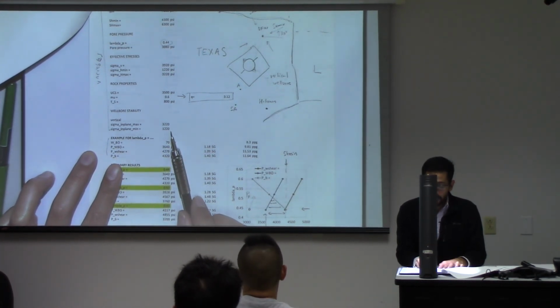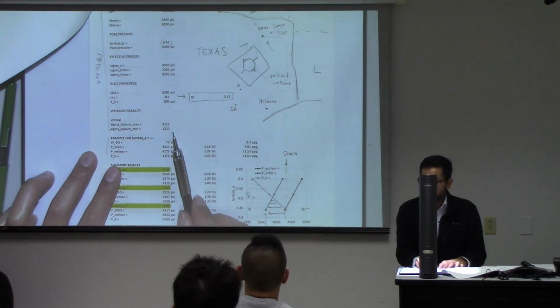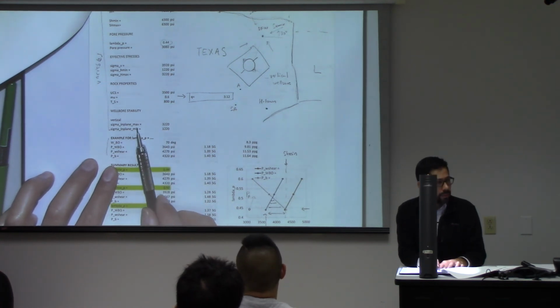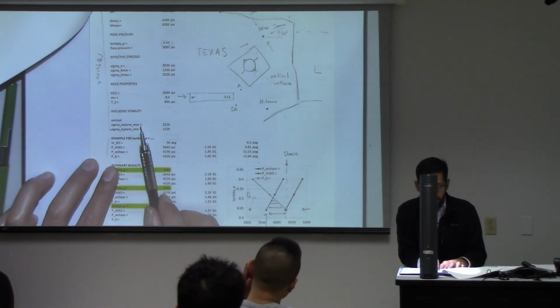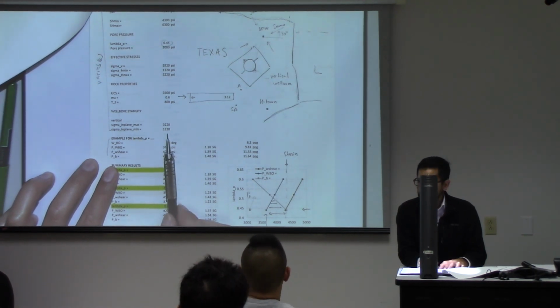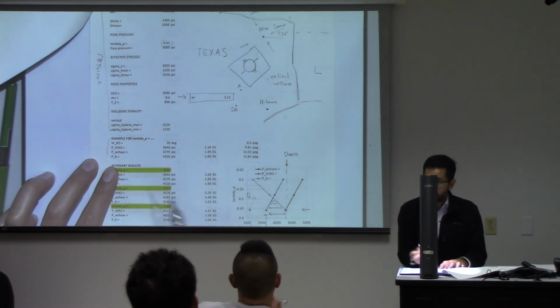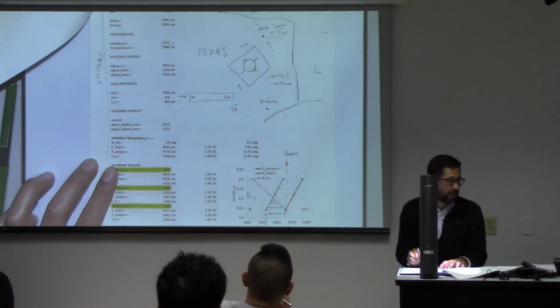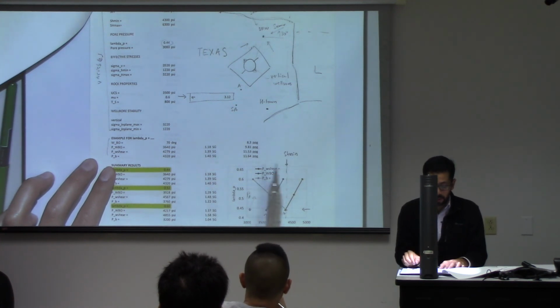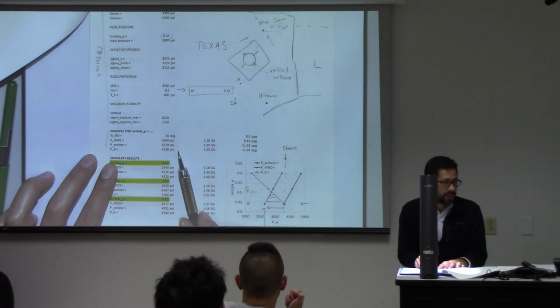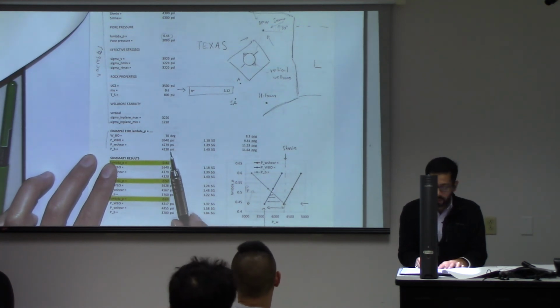Remember also to always use the stresses in the plane perpendicular to the wellbore. In this case, this is a vertical wellbore, so we use sigma H max and sigma H min. If we were to have a horizontal wellbore, you would use the stresses that correspond to the plane perpendicular to the axis of that wellbore. So then you input those values in there, and you can calculate what are the